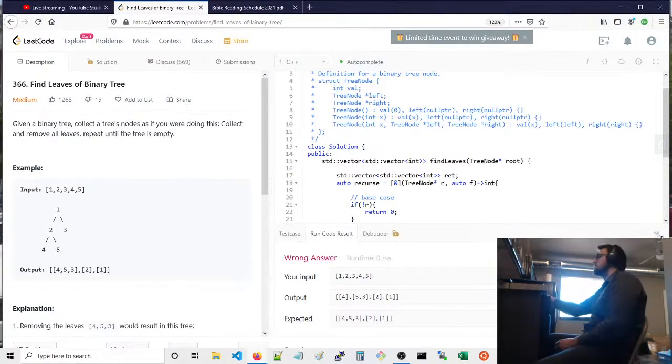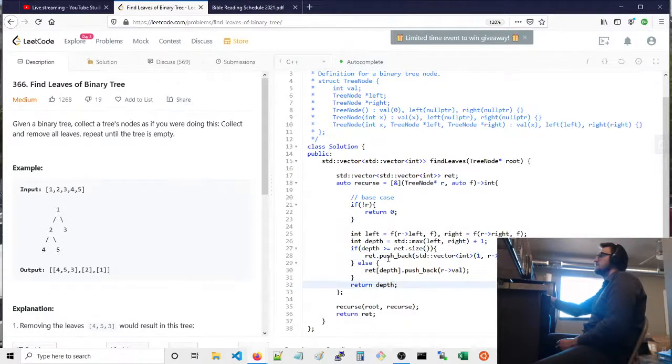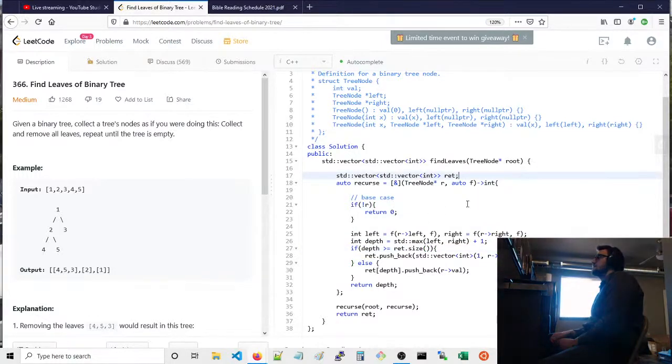Oh, you know why? It's depth of 0. Size is 0, depth is 0. I think,